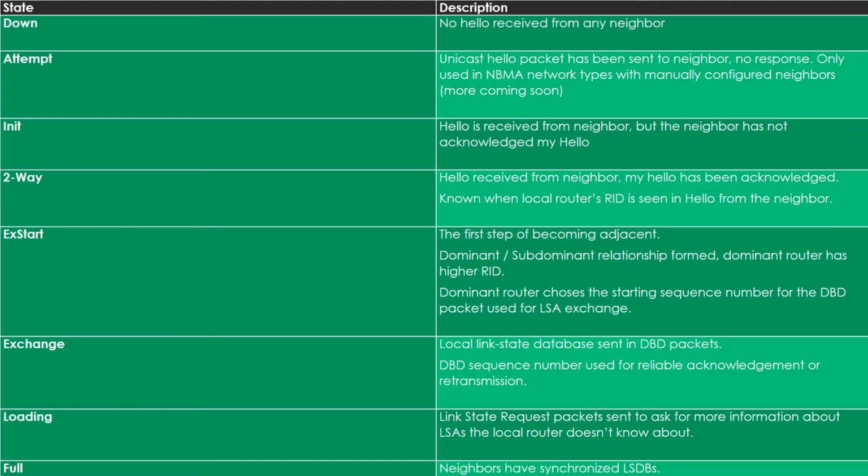After ExStart, we move to the exchange state. At this point, the local link state database is sent in database description packets. The DBD sequence numbers are used for reliable acknowledgements or retransmissions. Next, during the loading phase, we send link state request packets to ask for more information about LSAs the local router does not know about, and we receive the link state updates. After this is complete, we reach the full state where the neighbors are fully adjacent, which means they have synchronized